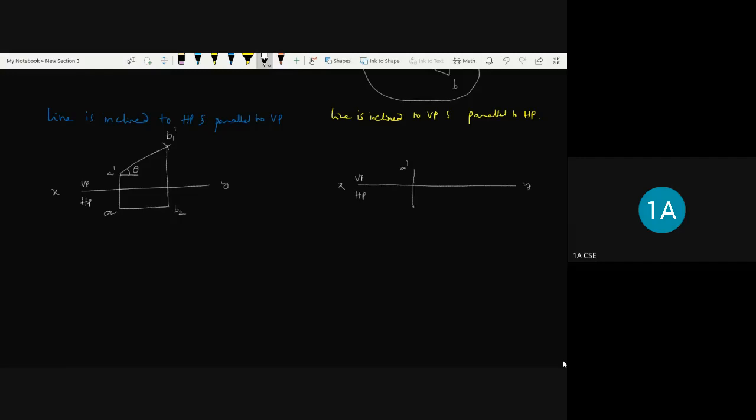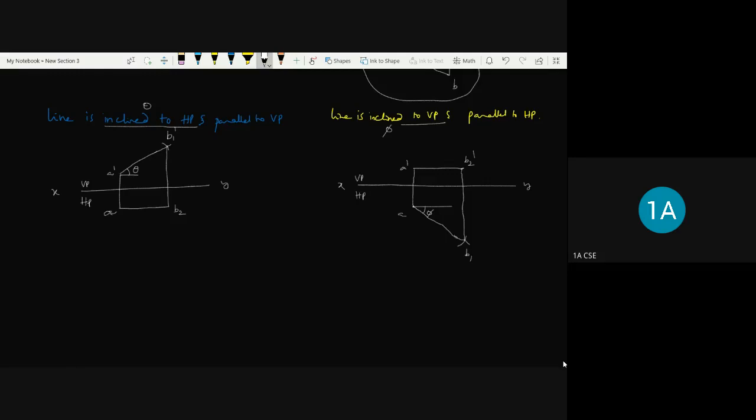I'll have A dash and A, and the line inclination to VP I have given as phi. The line is inclined to HP as theta. So theta and phi are given. Based on the phi inclination and the true length of the line, I can get this AB1. From this B1 you project upward and draw the projections from A dash, so that you get the horizontal front view as in the last class. I'm drawing it the same way, but the naming I have changed, that's all.